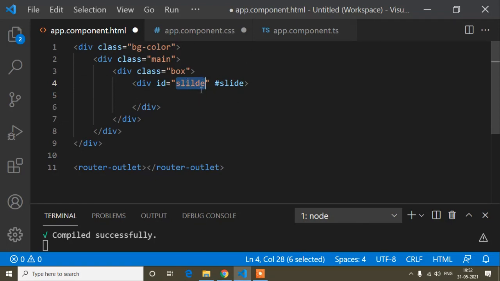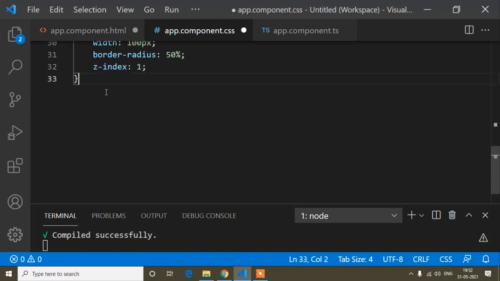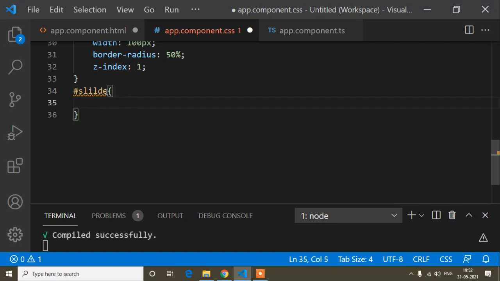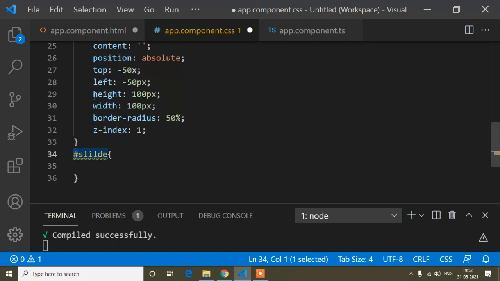But before that, I will complete all the CSS. For that, I will copy this slide div and add some CSS. This slide div is an ID, so I will write hashtag and slide, because hashtag denotes an ID, and class denotes a dot.